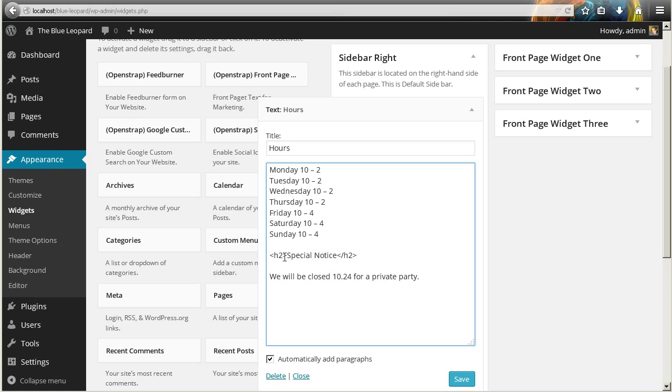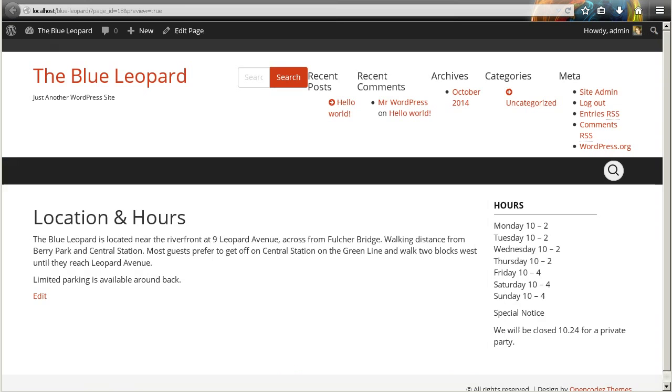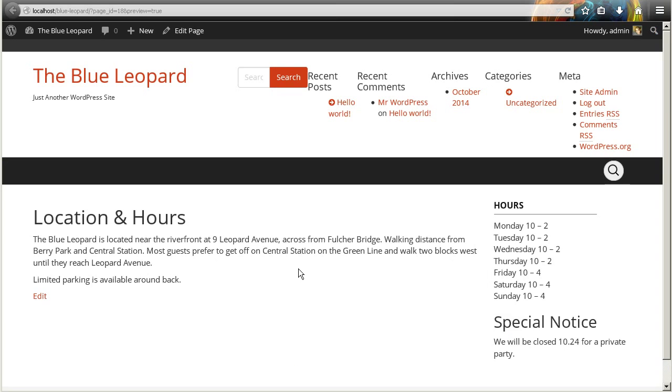If you don't know HTML, that's completely fine. You don't have to know it to be able to use the widgets. If you just want it to format a little bit differently, you have to add that tag there. So just a little note there. I'm going to go ahead and press save right here. And if I come back over here and refresh this, you can see that now it's treating this just like